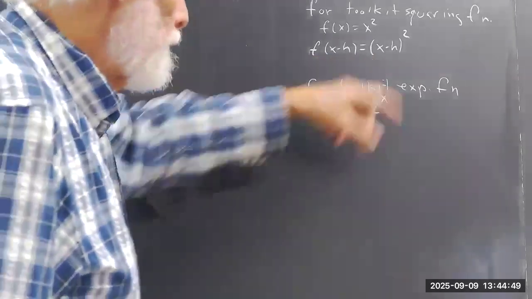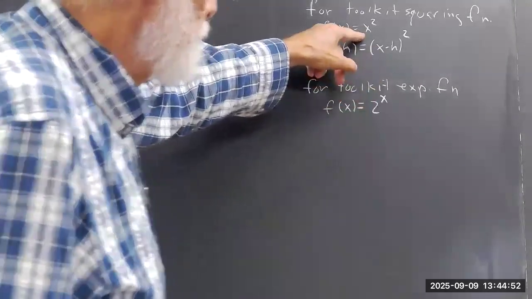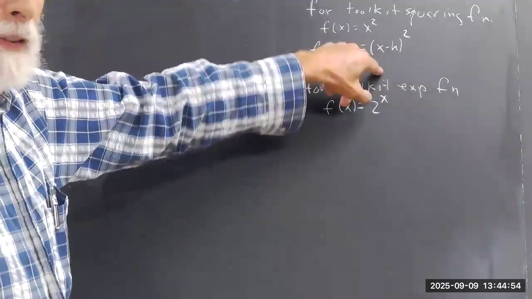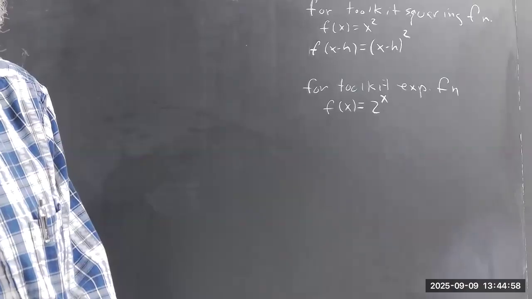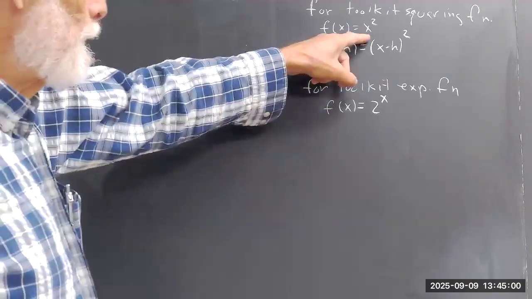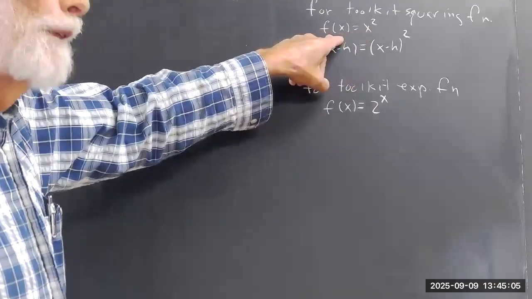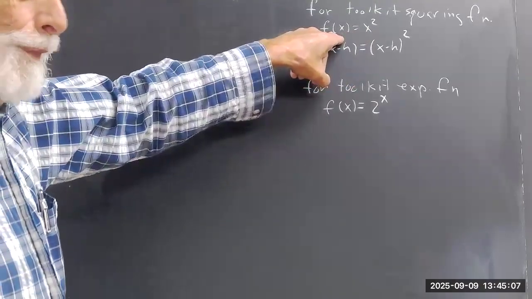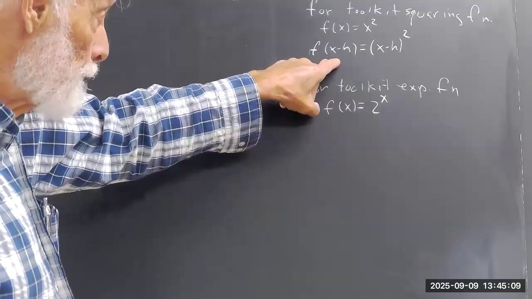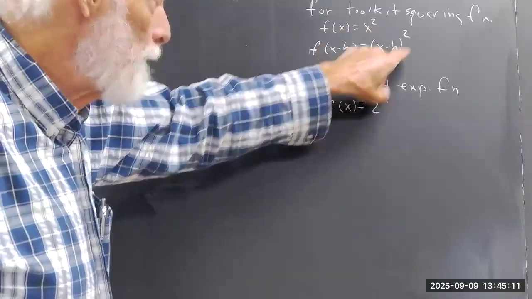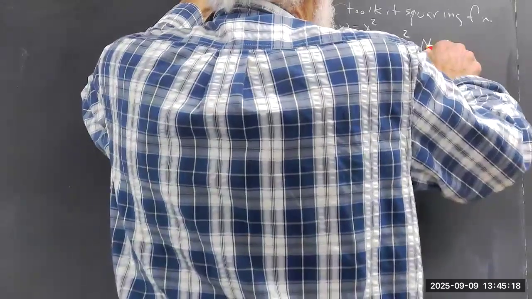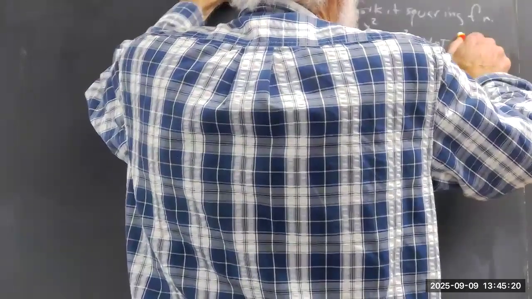And we don't read anything into this. We don't put a square on this x because there's a square on this x. This x has nothing to do with this x. Okay? The x here is just the formula if you happen to have x in the parentheses. If you happen to have x minus h in the parentheses, then you got to have x minus h squared, not x squared minus h or x minus h squared. Not,